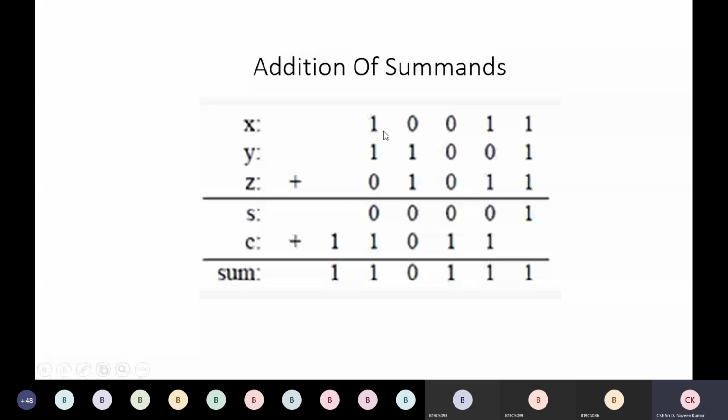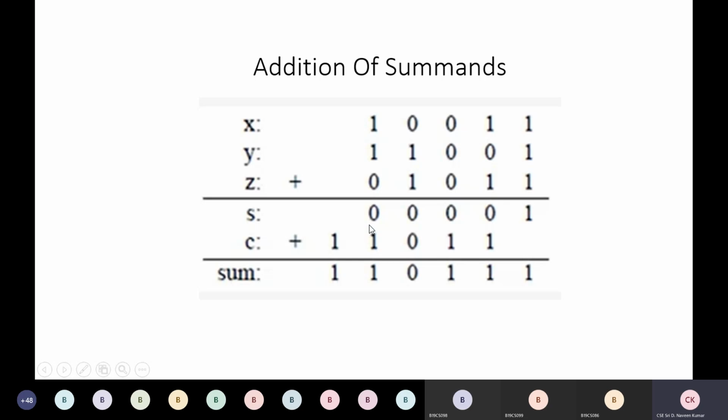In this format, how can we do it if we have 5 or 6 summands? You will see an example of 6 summands and how they are added. As there were 3, we did it in this way. But if we have 6, what we do is split them into 3 and 3. The first 3 summands we add in this way, and we write the sum and carry separately,